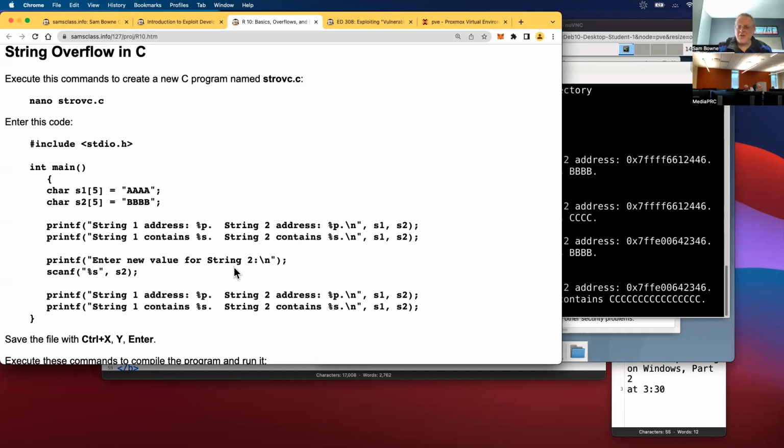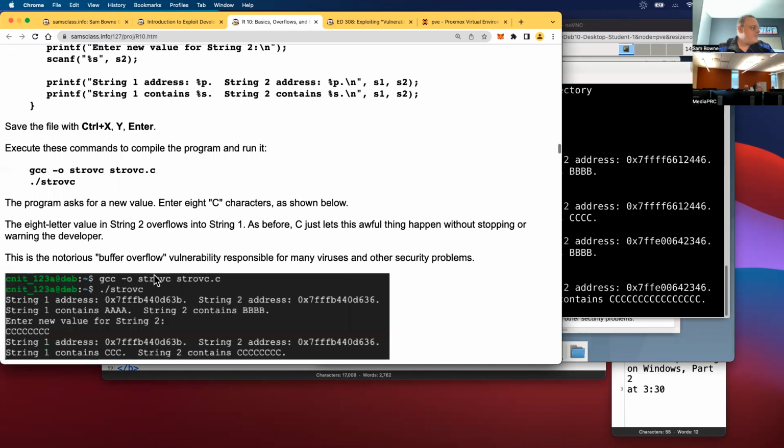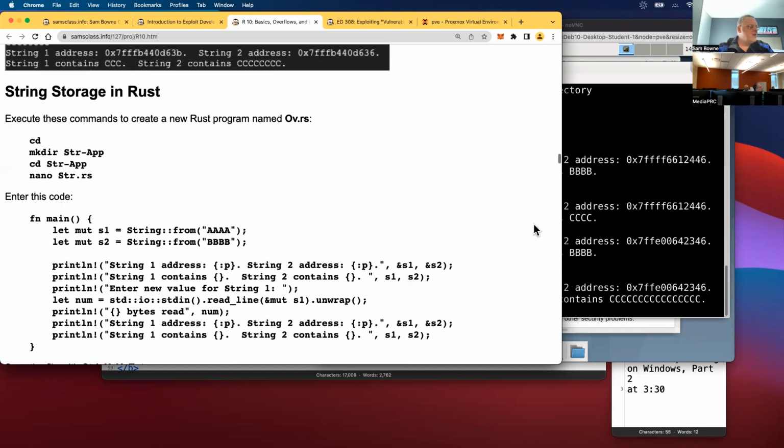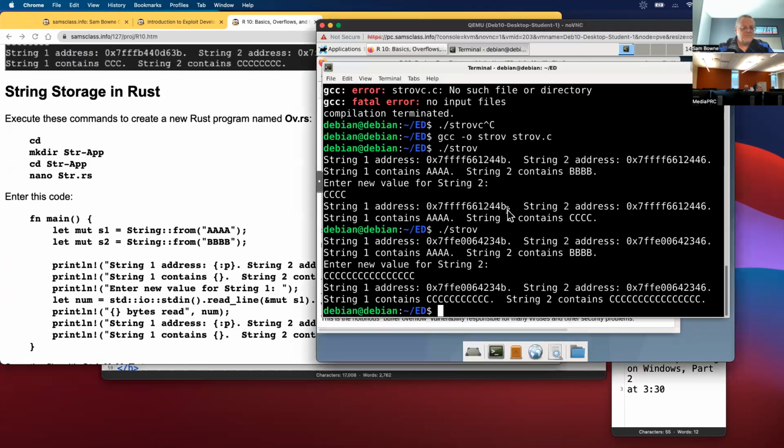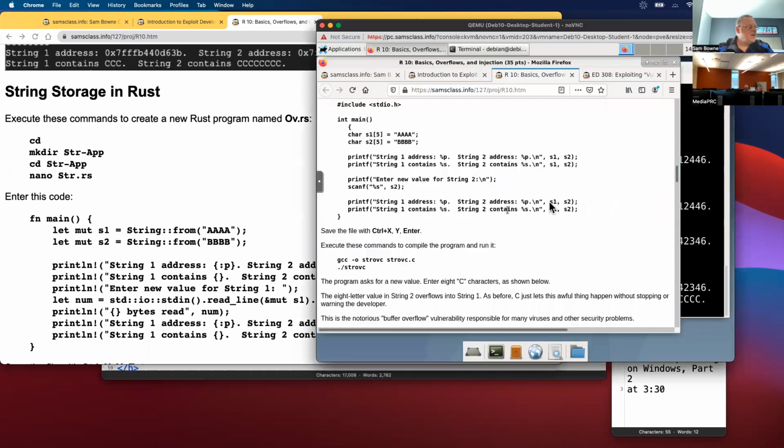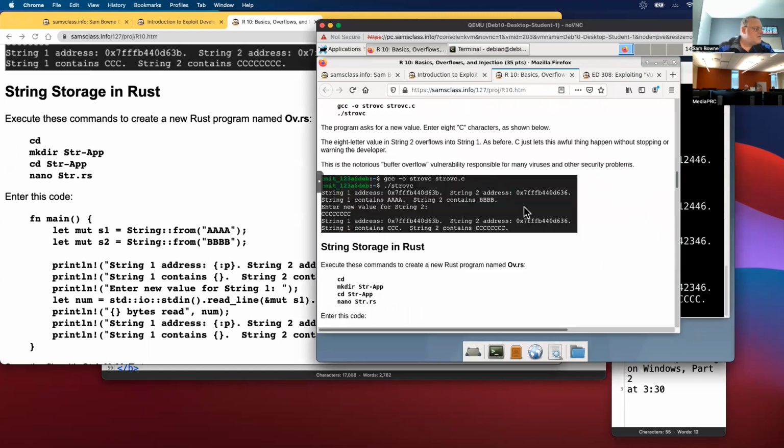And this leads to the buffer overflow vulnerabilities we've been exploiting. And this is really because C laid a booby trap for you and you fell in it. And this will not happen with Rust. So let's do it in Rust. Get back to here we are. Okay. So in Rust,